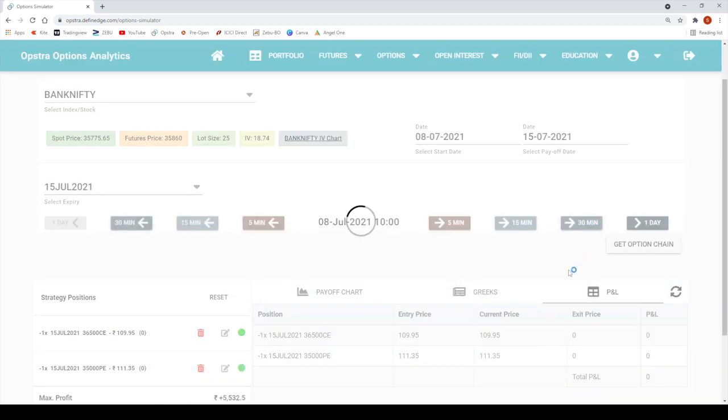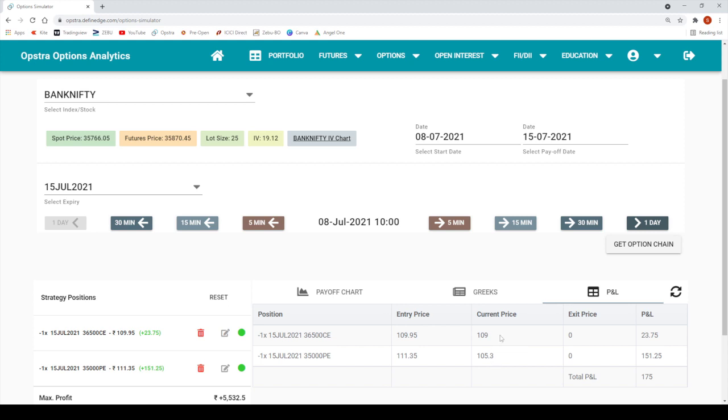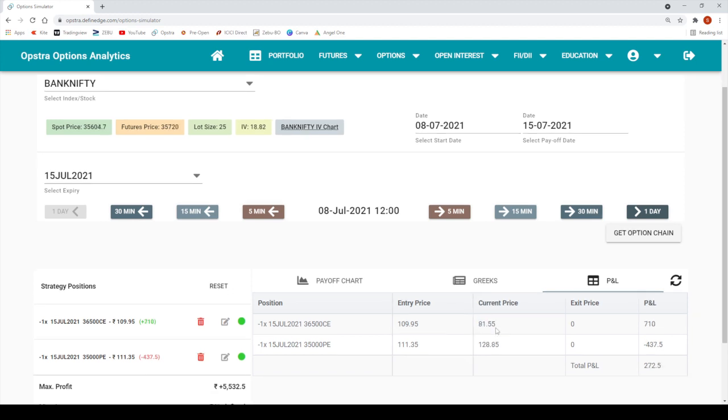I am forwarding half an hour. Okay, the prices have almost matched. We will go forward again. So 35,700. Okay, the call price is reducing, but it has not reduced to 50%. So we will wait. I am forwarding fast. Okay, the call price has become 75 and the put has become 136. We will go forward another 15 minutes. Okay, now the call has become half of the put price. So we are going to close the call and move to 70% of 146.